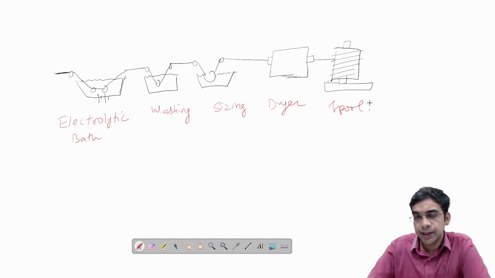So we can see this complex set of stages involved in manufacturing of the carbon fiber, and because there are multiple steps involved, and additionally the temperature keeps on increasing with every passing stage, this makes the overall process of the carbon fiber much more complex. So now we will understand what happens at the molecular level at each stage, and how those changes at the molecular level ultimately influence the overall properties of the carbon fiber.